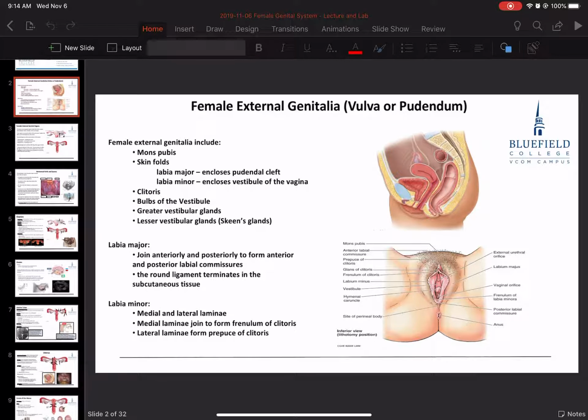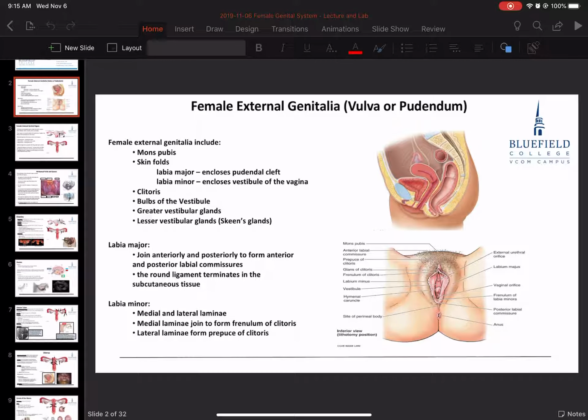And then I mentioned here the round ligament. So we're getting a little ahead of the game here, but the round ligament is a ligament that is attached inferiorly to the uterus, but it's going to extend from the uterus through, in fact, you see it shadowed in right here. It's going to go through the deep inguinal ring of the abdominal wall, go through the inguinal canal, and then it'll exit the superficial inguinal ring, and it will insert itself into the subcutaneous tissue of the labia